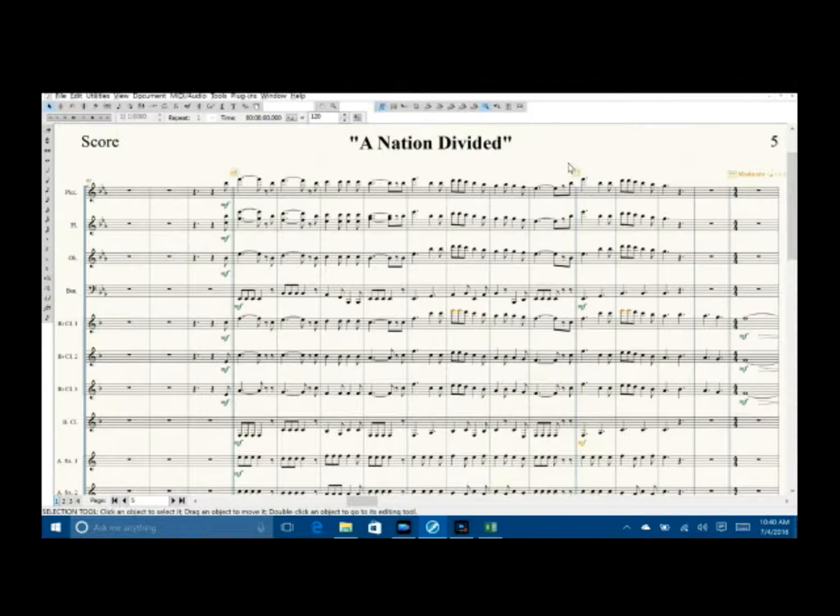When you put in rehearsal markings, they generally show up in green. The fact that this is orange tells me that it is disconnected from the linked parts as far as positioning goes. The position of the number 73 in at least one of the linked parts is not the same as the position here. So when I move it here, it does not move it in those linked parts. Now I've already printed my linked parts to PDF, so that's not going to be a problem.